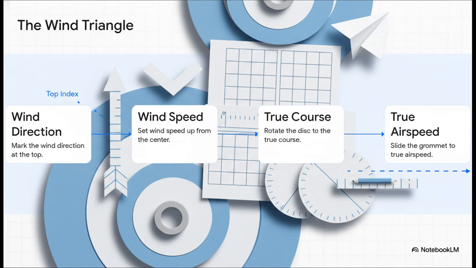Step 1. Mark your wind direction at the very top index. Step 2. Slide the card so the center grommet is on a heavy line and make a mark for your wind speed straight up from that center. Step 3. Rotate the entire disk until your desired true course is at the top index. And Step 4. Simply slide the card until that pencil mark you made for the wind rests right on your